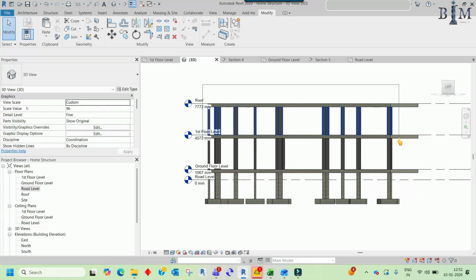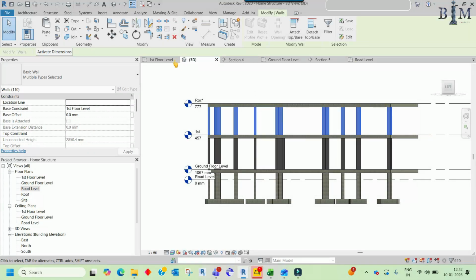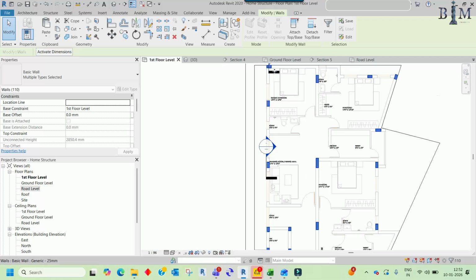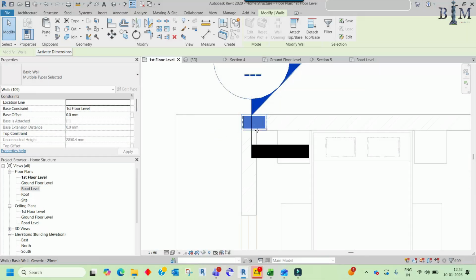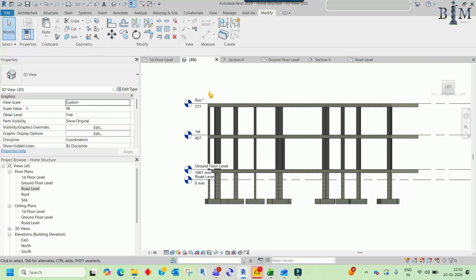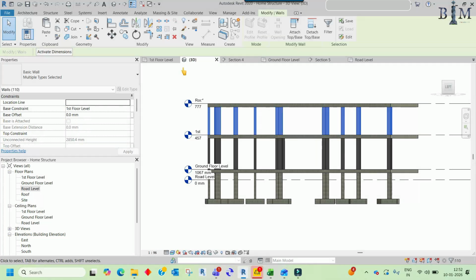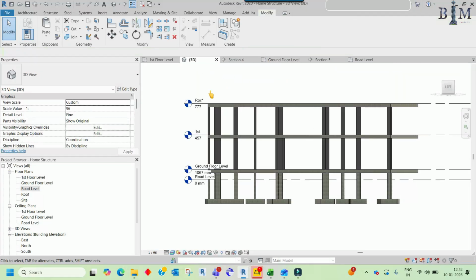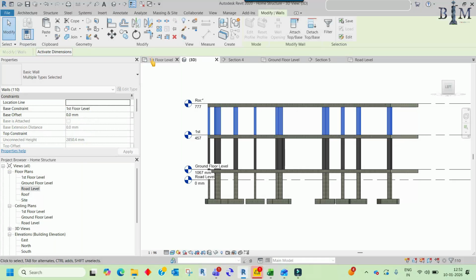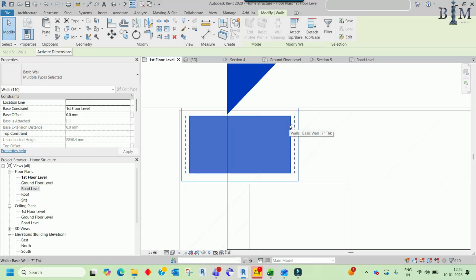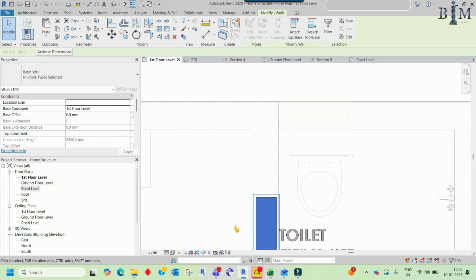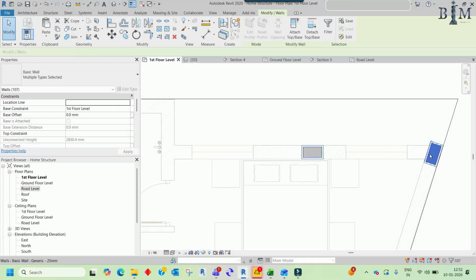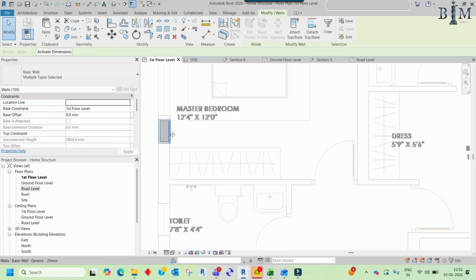So select the wall together, and here again go to the first floor, again unselect the column. So you know this is my mistake, I have to do it by column, but no problem, I do the model, so in that case I cannot change it, so no problem. So again go to the 3D, select the walls, and here just press shift and unselect it, and here unselect it, unselect and unselect,